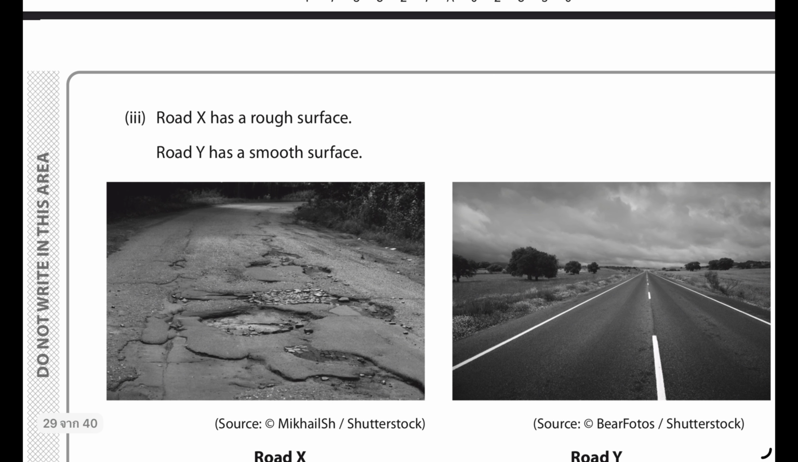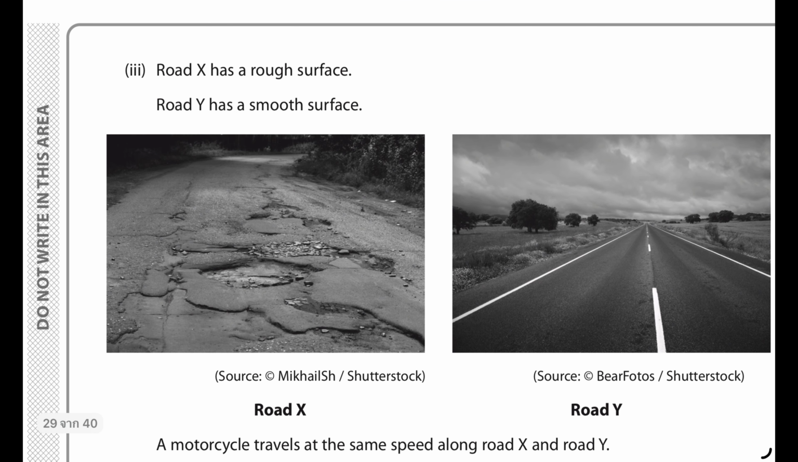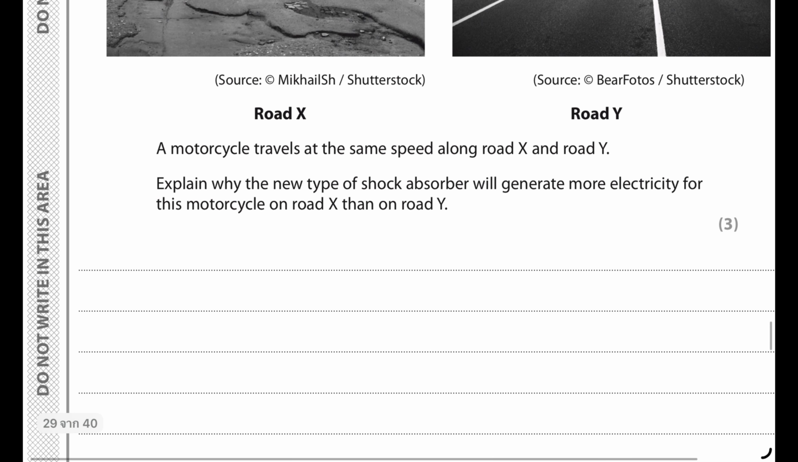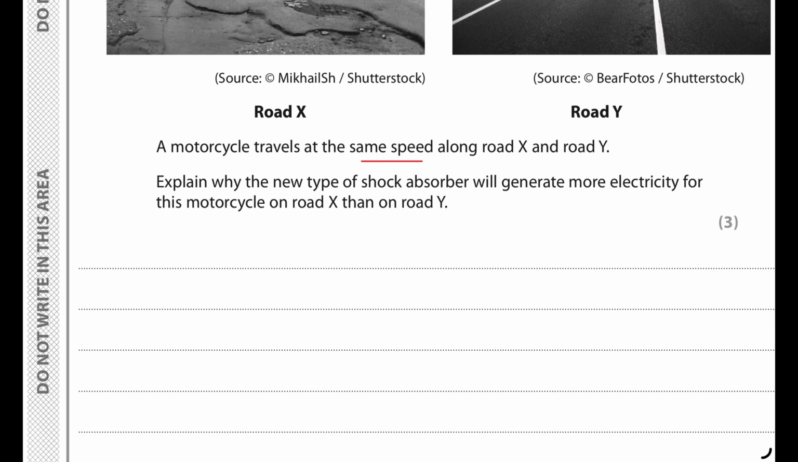Then question III. Road X has a rough surface. Road Y has a smooth surface. A motorcycle travels at the same speed along road X and road Y. Explain why the new type of shock absorber will generate more electricity for this motorcycle on road X than on road Y. So the first one is